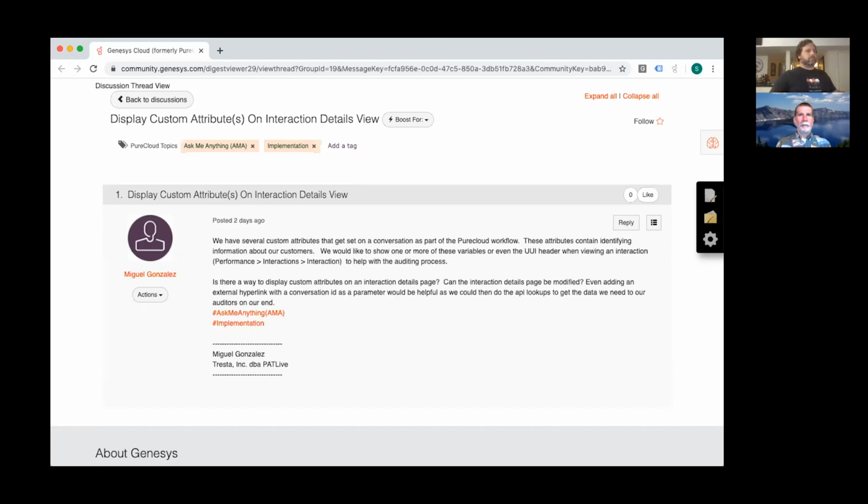About all I can think of would be, in the interaction details, you would have to do a query to the API to get the conversation details there, and that has some information in the JSON that would show all of those custom attributes, but there's nothing in the performance interactions menu that's just right built into the client interface. So it'd take more effort. You'd have to, like I said, do that API call and parse through the information on that particular interaction. So unfortunately, not there in the standard client.